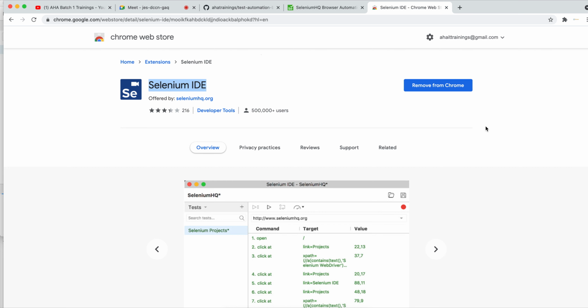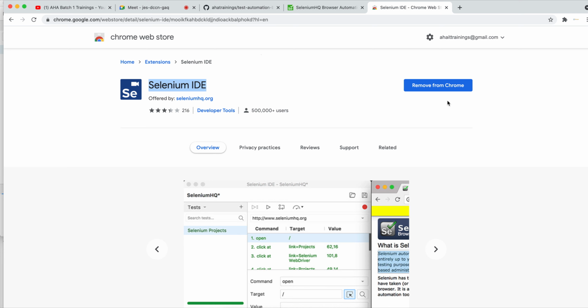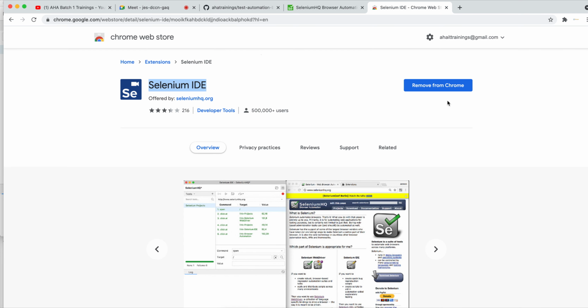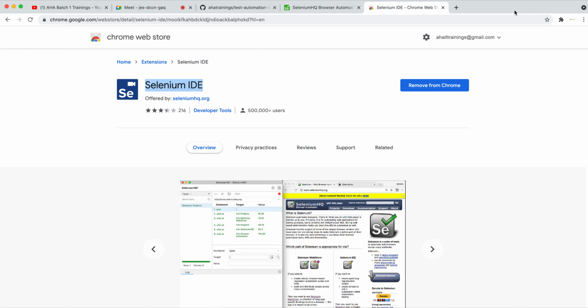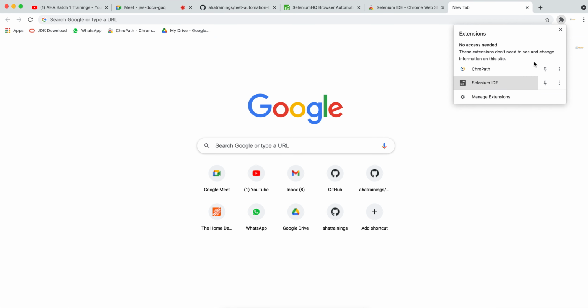Right now it is showing remove from Chrome. So you can install it like this: go to Google, type Selenium IDE Chrome, and click on install. It will be stored in your browser. Once it is installed, it will show up here as Selenium IDE.